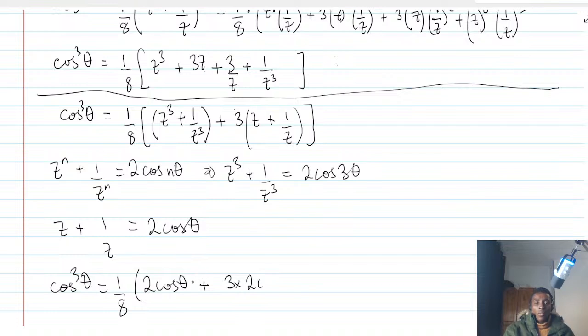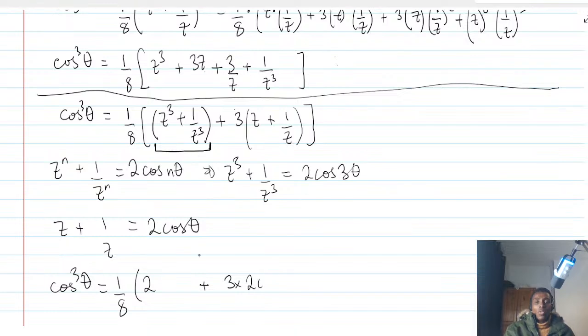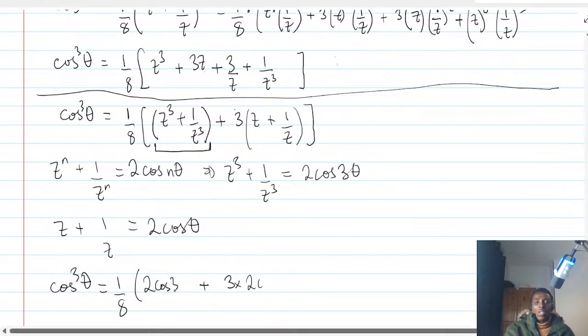Oh, sorry. You know, this first part was supposed to be 2 cos 3 theta. And then the second one,